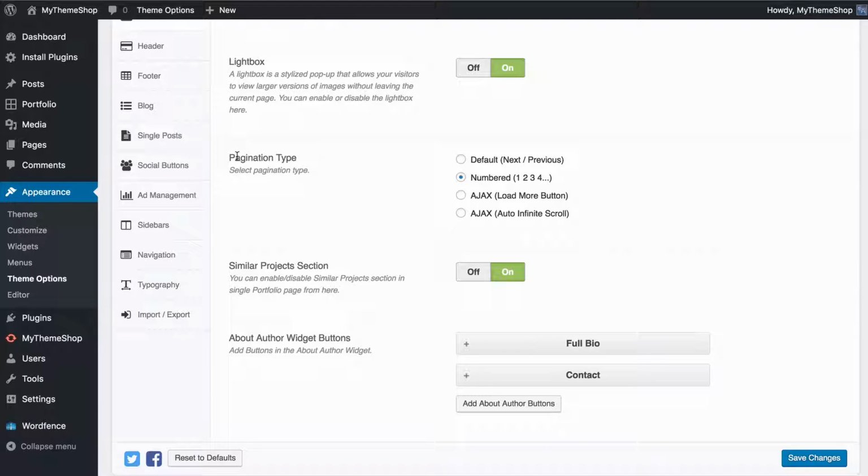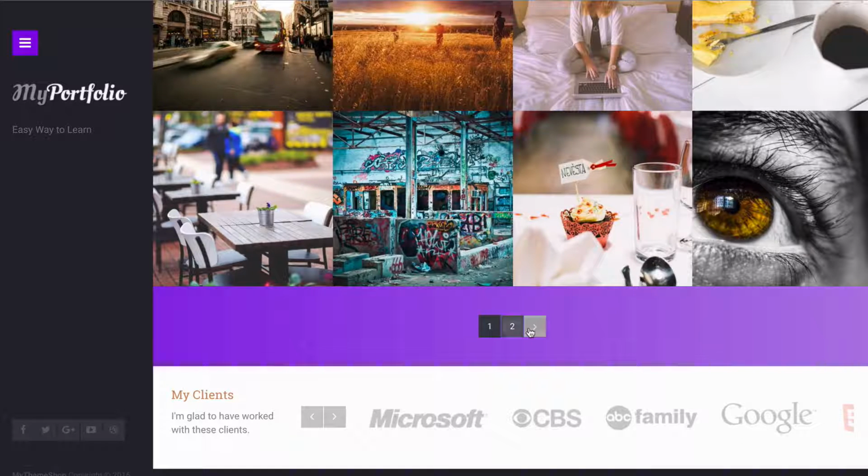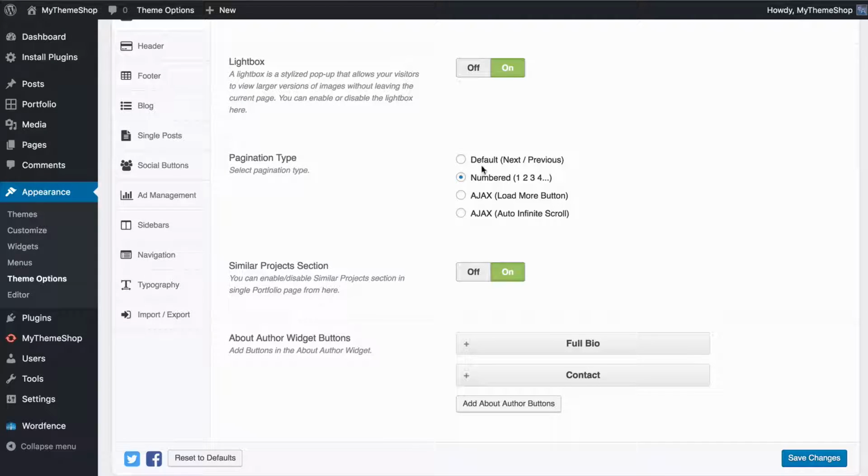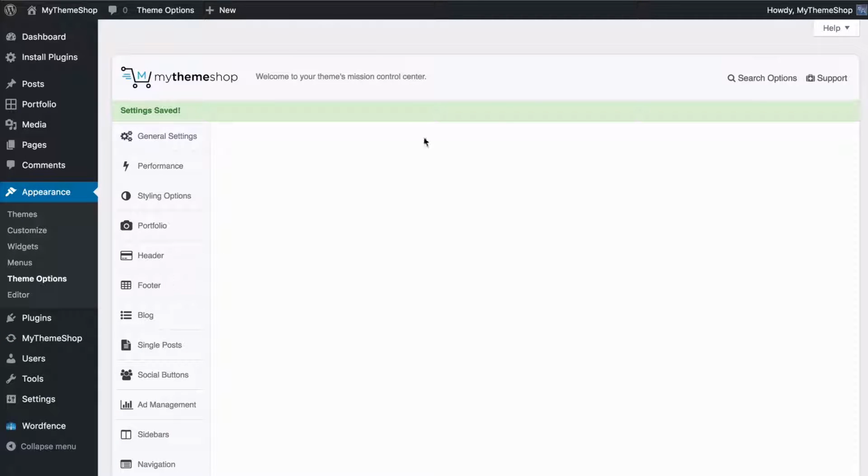You can also customize the pagination type. So at the moment we have a 1, 2, and so on style navigation, but if you wanted to change this to next or previous, or have an AJAX load more button or an AJAX auto infinite scroll, then you can do so here. So I'll just save those changes, and now if we have a look at our site,